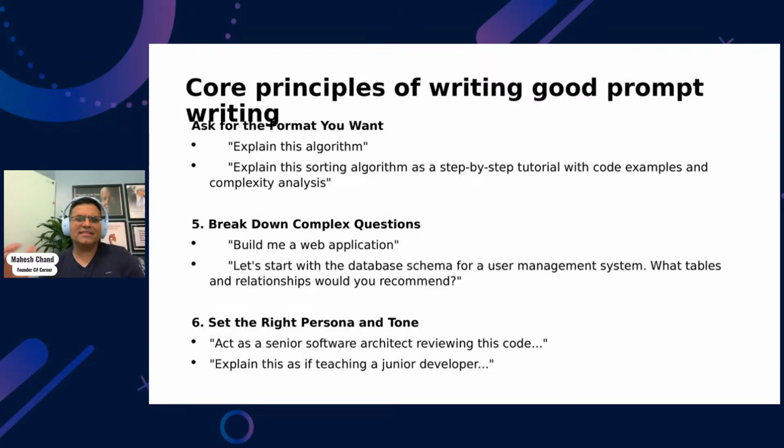And then last thing is set the right persona and tone. Those are important. Persona means when you are asking a prompt, unless it's a general prompt, you can specifically say, oh, I'm a business manager running a car agency. We sell new cars. So now AI is going to write the output. Output will come that anybody who's a car manager would write.